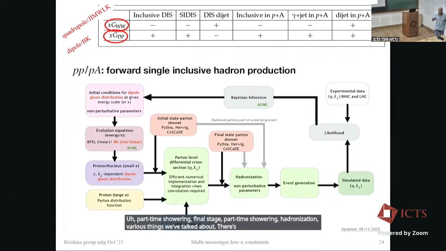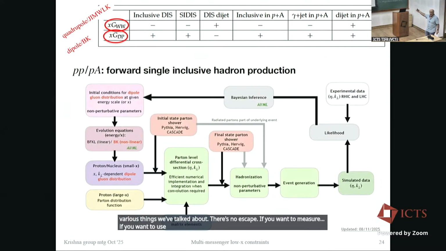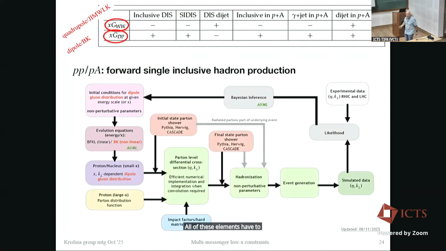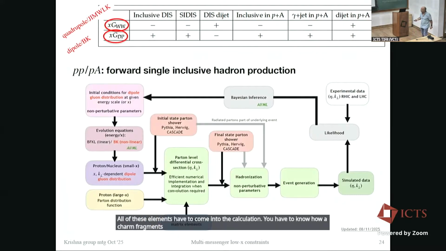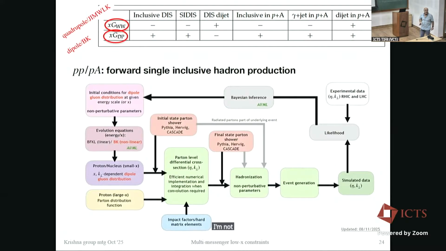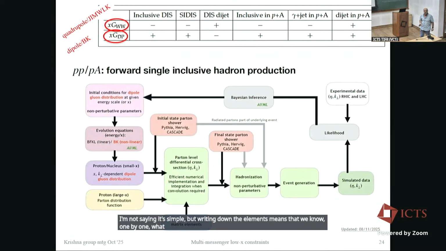There's no escape. If you want to use forward charm, D mesons from the LHCb experiment, all of these elements have to come into the calculation. You have to know how a charm fragments into a D meson if you want to use forward Ds from the LHCb experiment to constrain low x. I'm not saying it's simple, but writing down the elements means that we know one by one what we need to knock off. And when we get to the likelihood, we need to know what is the uncertainty in our hadronization